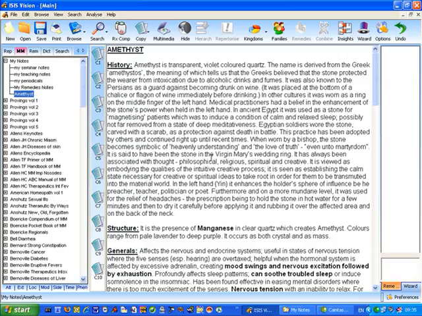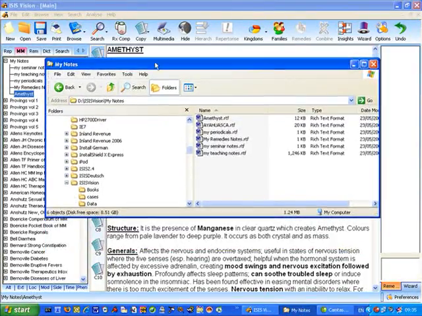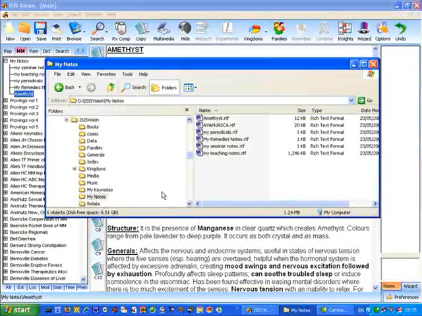Now once you've done that, you need to copy that document into ISIS Vision, and the way to do that, I'll show you here, is to have access to the Windows Explorer software, and if you look on your hard disk, you'll see that there is a yellow ISIS Vision folder, and indented within that is a My Notes folder, and basically you have to copy the file from wherever it is into the My Notes folder